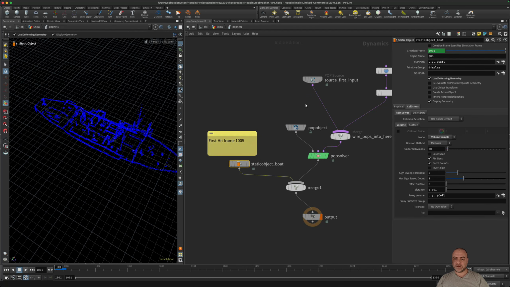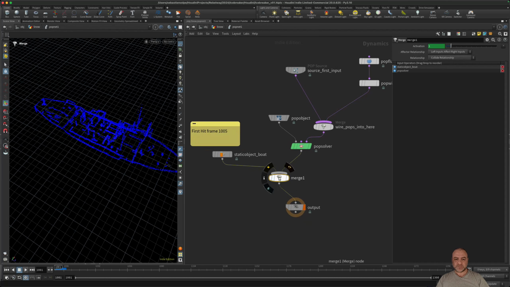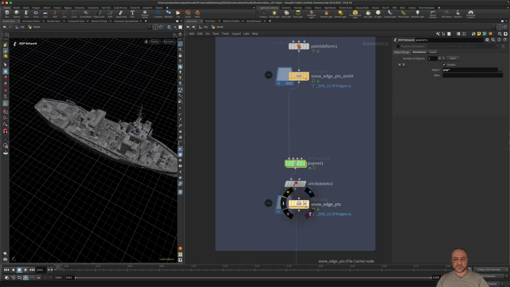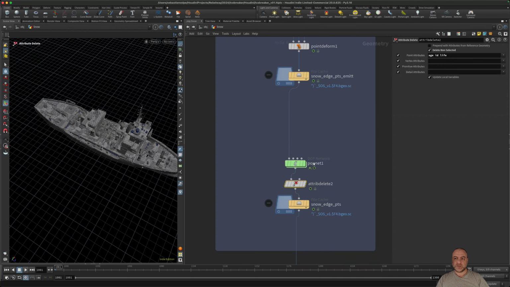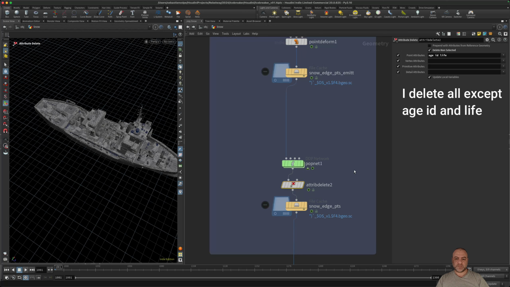For the collision, I just choose the same collision as for the snow. And here, very important, when you use a merge, the left input affects the right input. So the boat must be on the left, not on the right. And now I delete all soft edge, IG, and life.